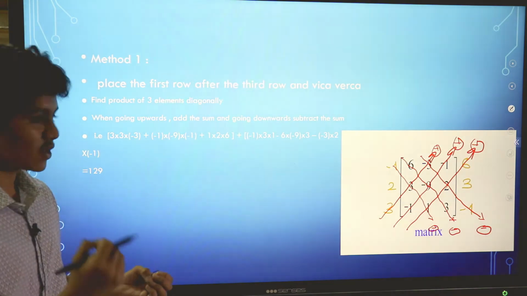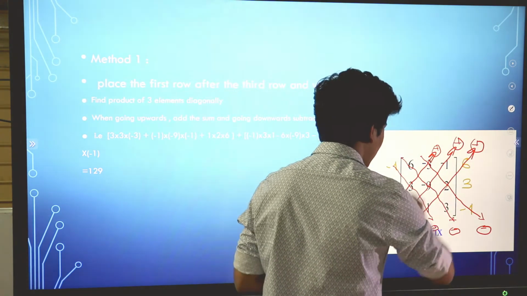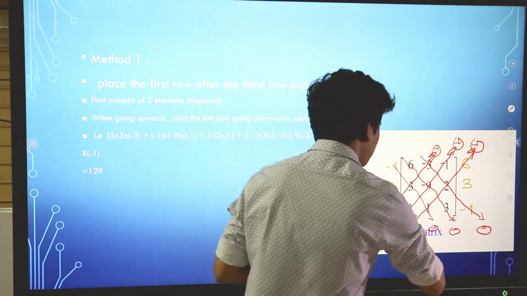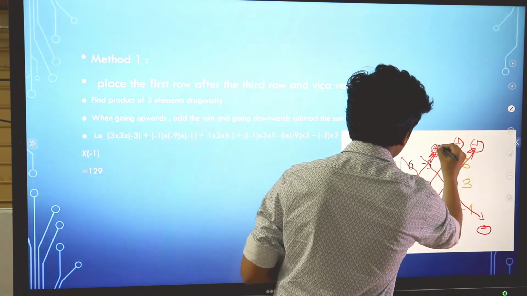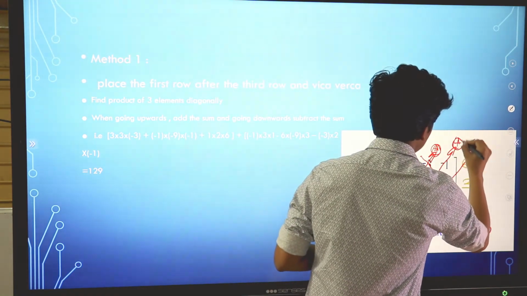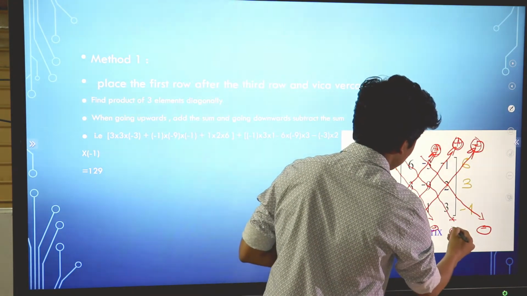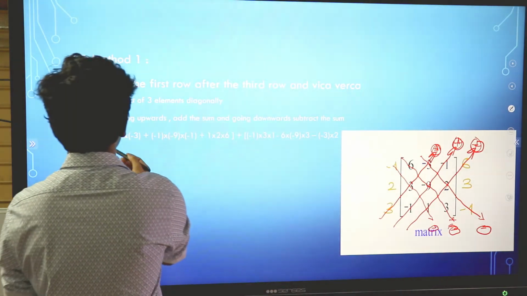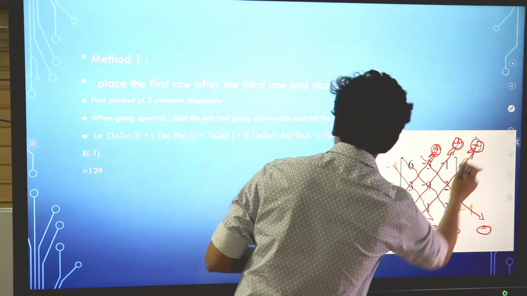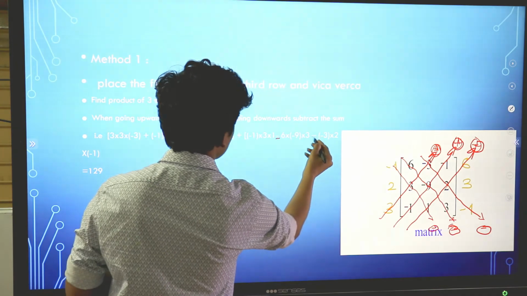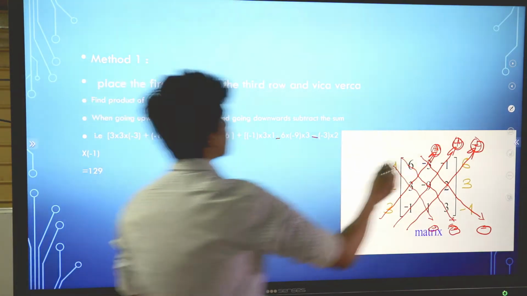Now there is a way to calculate the product of these. Whenever we see three elements in one strike, we multiply them. And if we cross them upwards, they can be added. They're going upwards, so these can be added. But if you strike them downwards like this, they have to be subtracted. Just like here, 3 into 3 into minus 3 plus, because I have struck it upwards, so I've added these, and then I subtracted all these, because I struck it downwards. This is how one value comes.